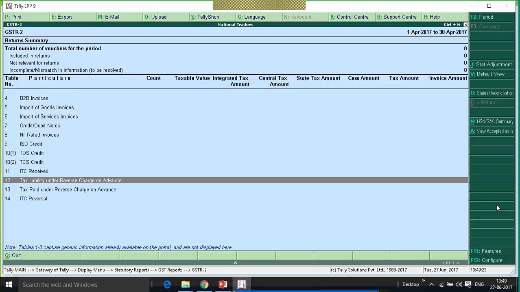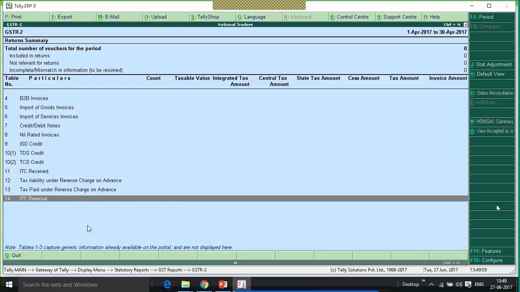If we have paid the advance payment to our supplier and are receiving the goods in the next month, then in the next month the tax paid on advances in the previous month will reflect as tax paid under reverse charge on advances in the current month, and this will be netted off against the tax liability.